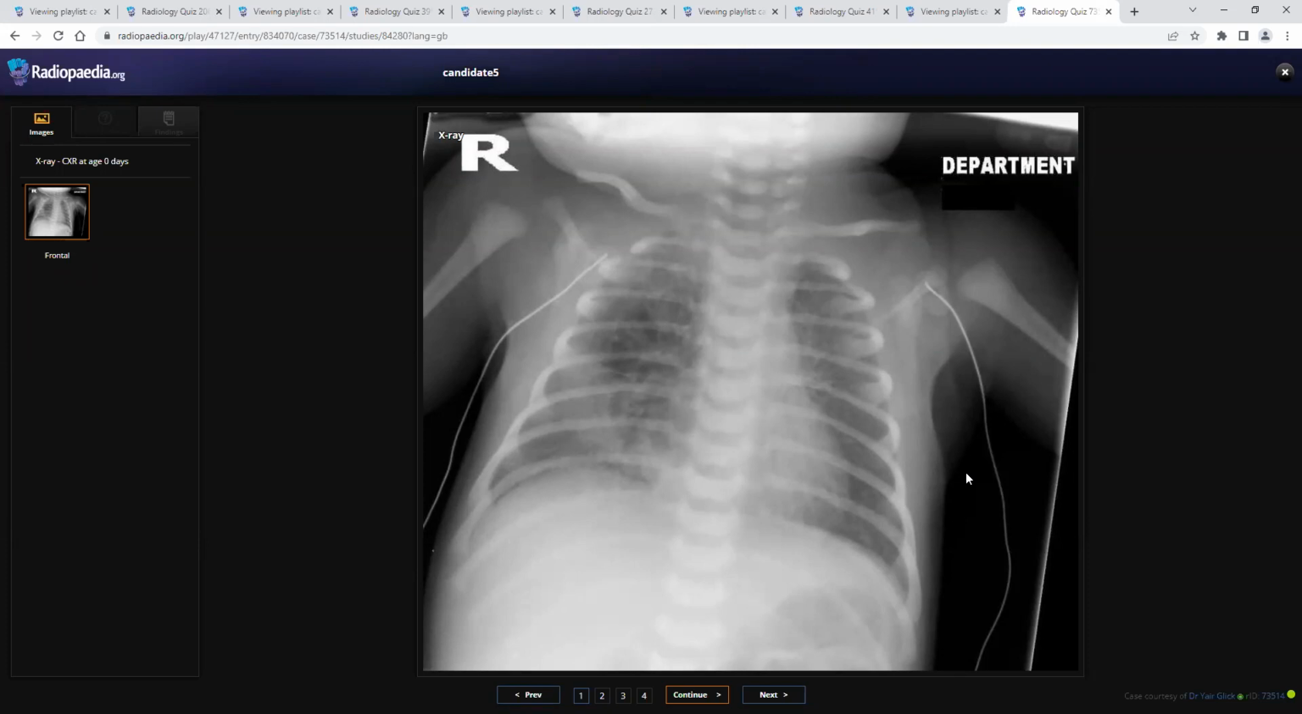There is no significant midline shift of the mediastinum towards the contralateral side. No pleural effusions or significant pneumothorax is noted. The rest of the visualized bones appear unremarkable. So in a child, I would suspect my differentials would be